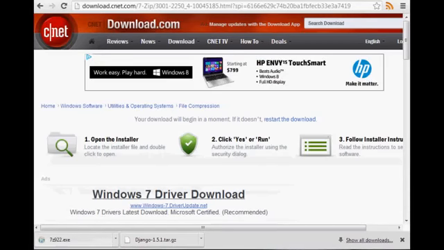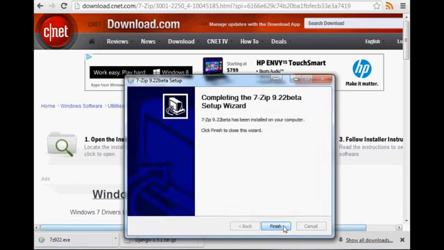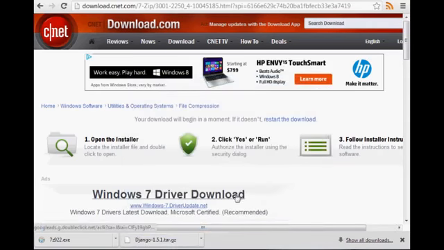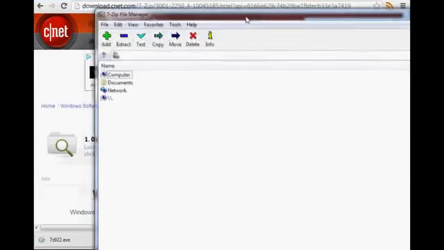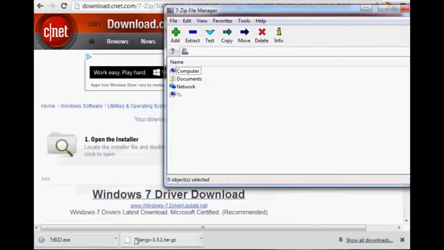Download 7-zip if you don't have any way to open up a tar.gz file. Sorry, that probably kicked me off because there's some sort of admin stuff. Anyway, you should download 7-zip if you don't have any sort of way to extract that tar.gz file. So I just went ahead and installed it real quick, and it looks like I've got it now. Once you've installed it, that's what 7-zip is going to look like. So let me take this Django, and I'm just going to throw it onto the desktop.